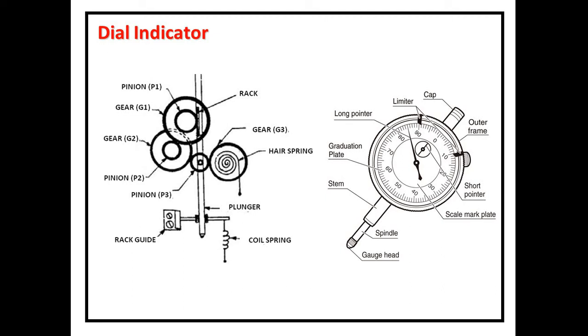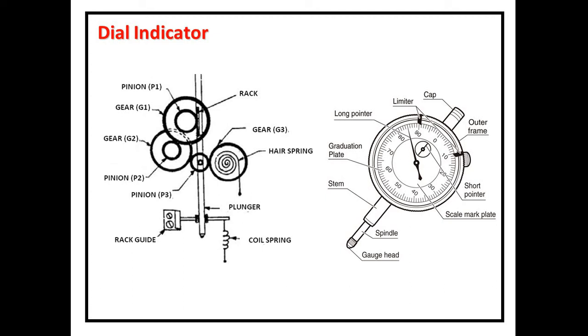This is a scale 0 to 100. So 0, 10, 20, 30, 40. It will depend on what kind of least count is there; depending upon that, this scale can be read. So basically the movement which is happening at the plunger head or gauge head, which is very small, is magnified in this dial gauge.